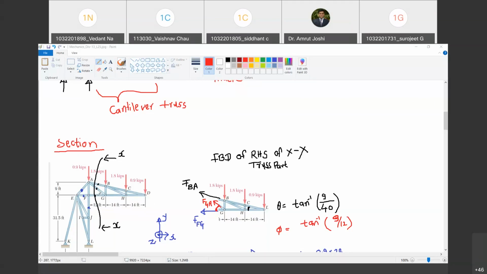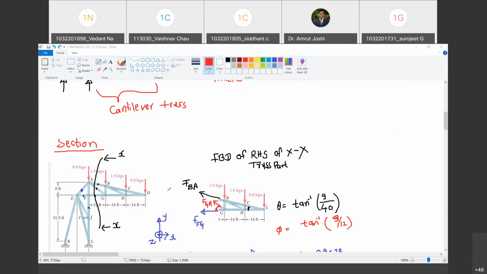चलो, मतलब I cannot give a section like this. 1 minute. I cannot give a section like this. Do you understand? Yes, sir. Why can't I give a section like this? Because then, even after giving the section, there will be connection between the two parts by member GH. Happy? Yes, sir. So, what is the first and important property of a section in method of sections? The section must divide a truss into two parts which are not connected after giving the cut.